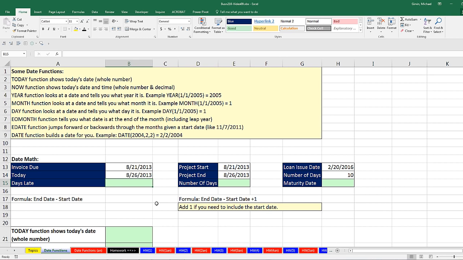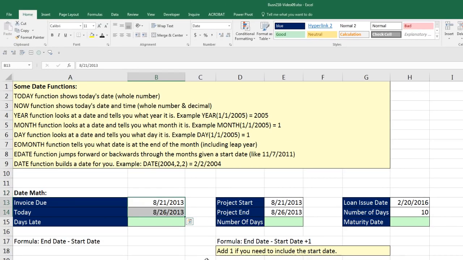Hey, in this video, we got to talk about date functions and date formulas. Here are a number of date functions that we will see and date math. Well, we've already done a lot of date math in this class. And from our study of number formatting, we know that when we enter a date like